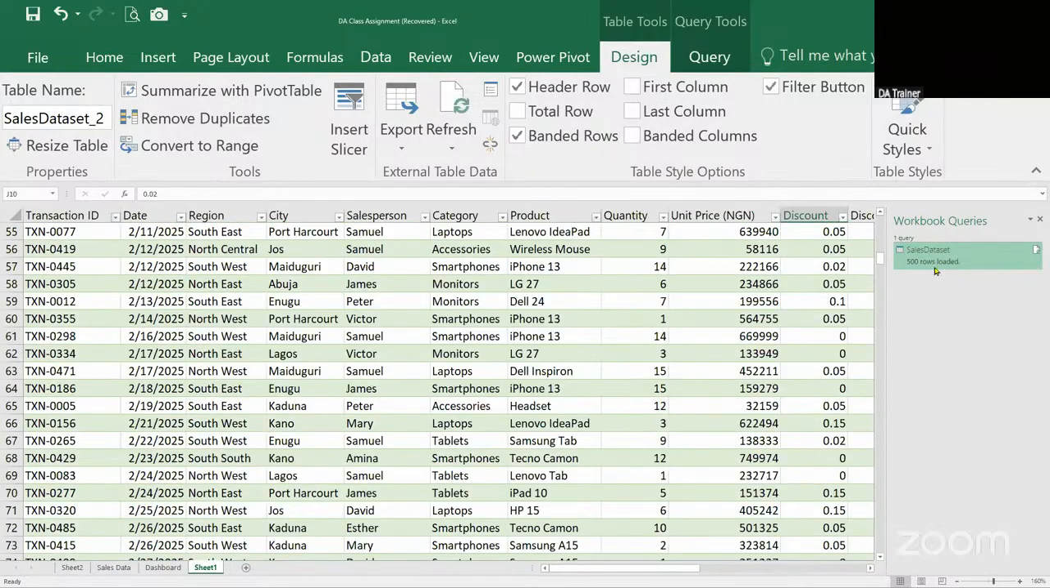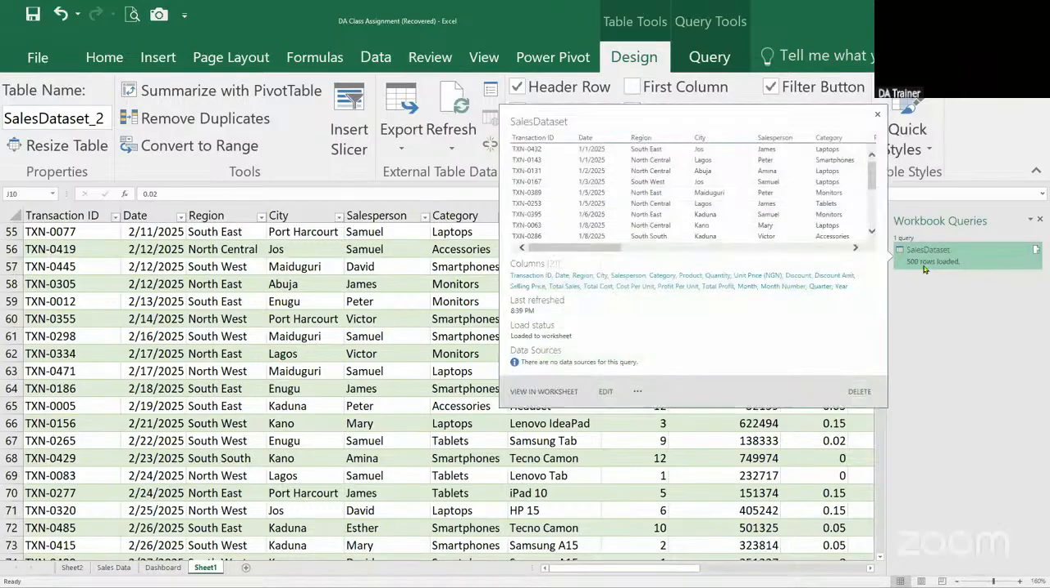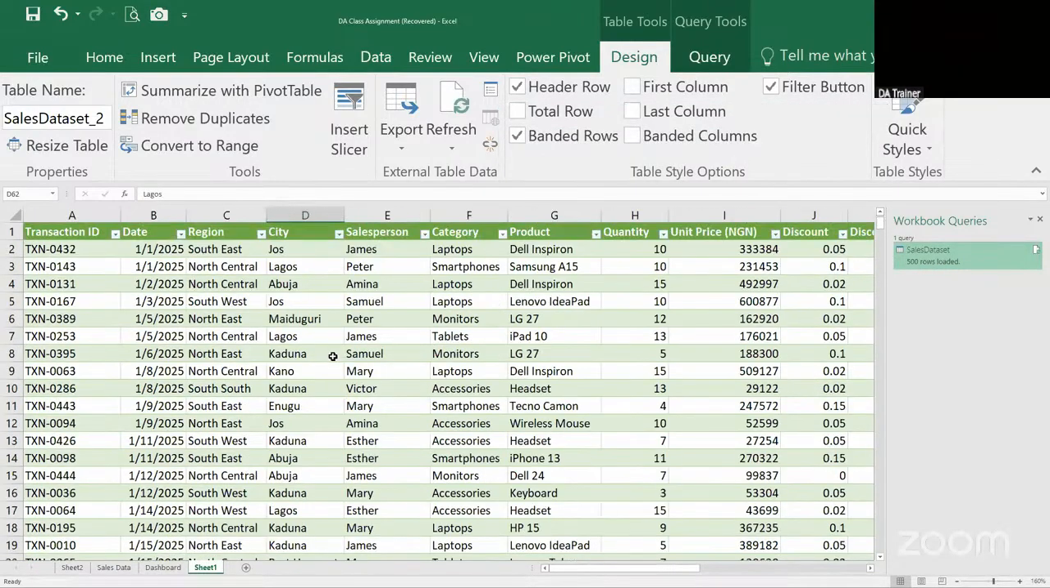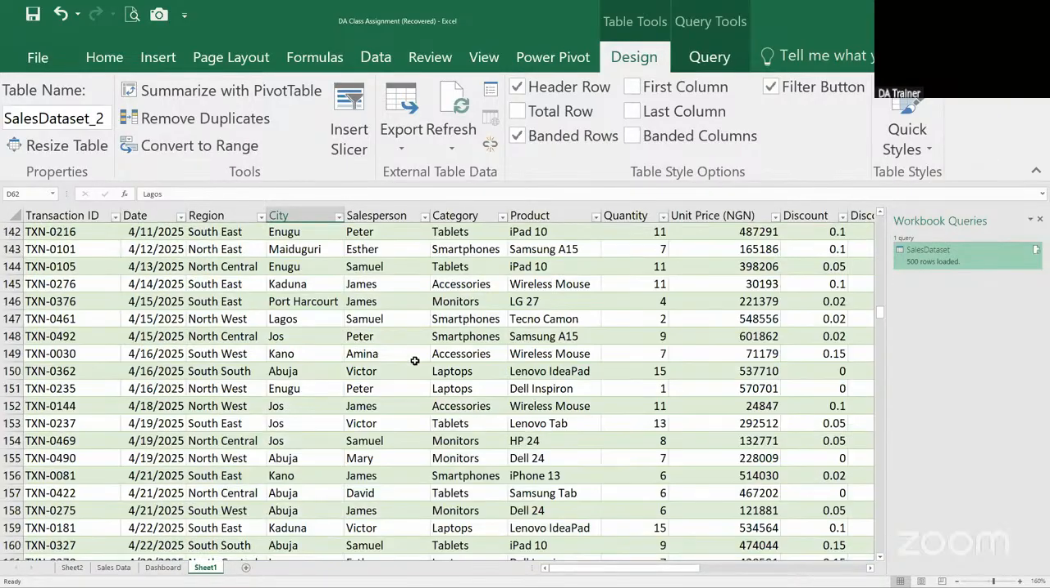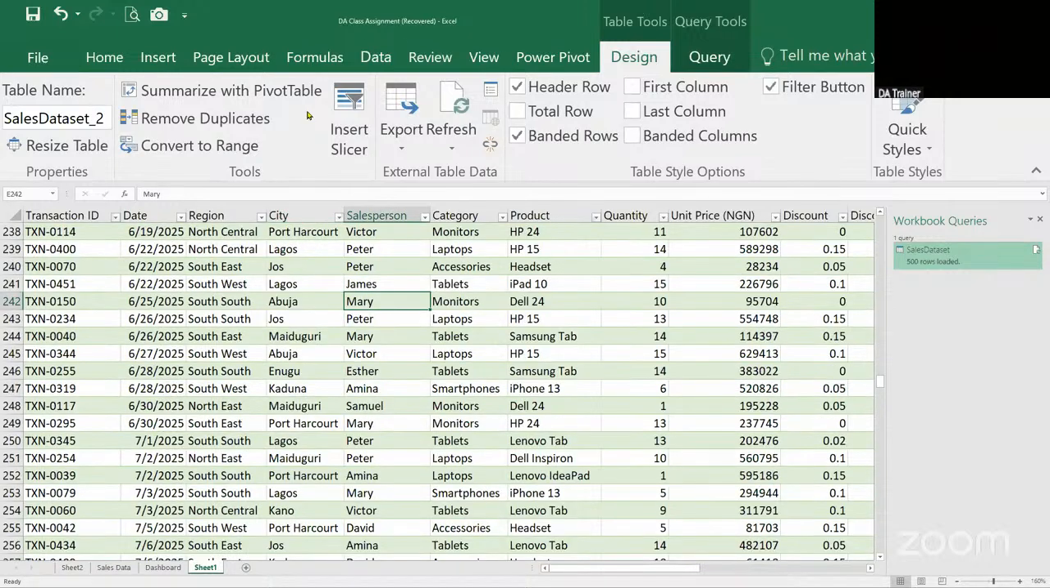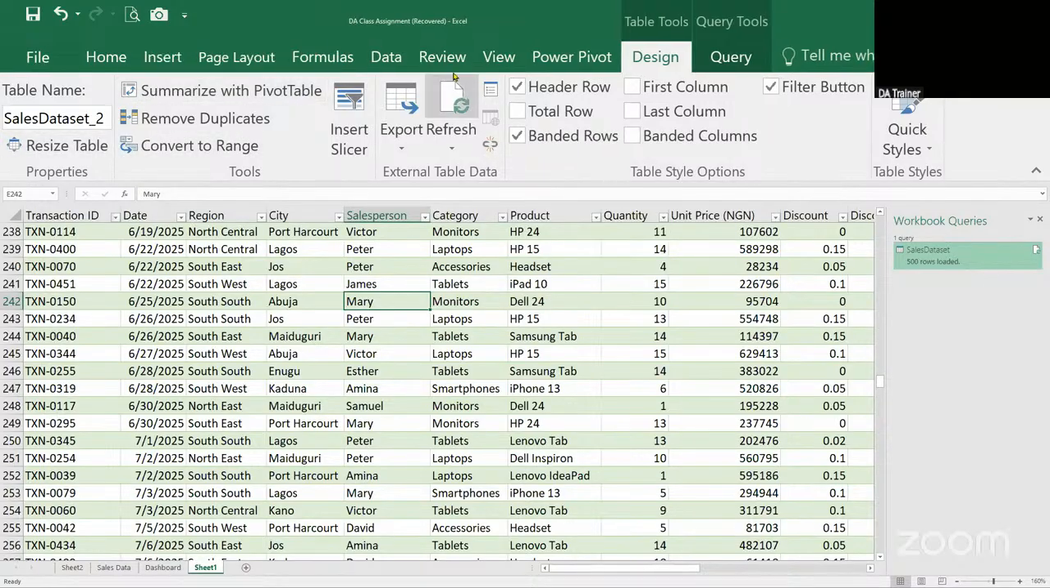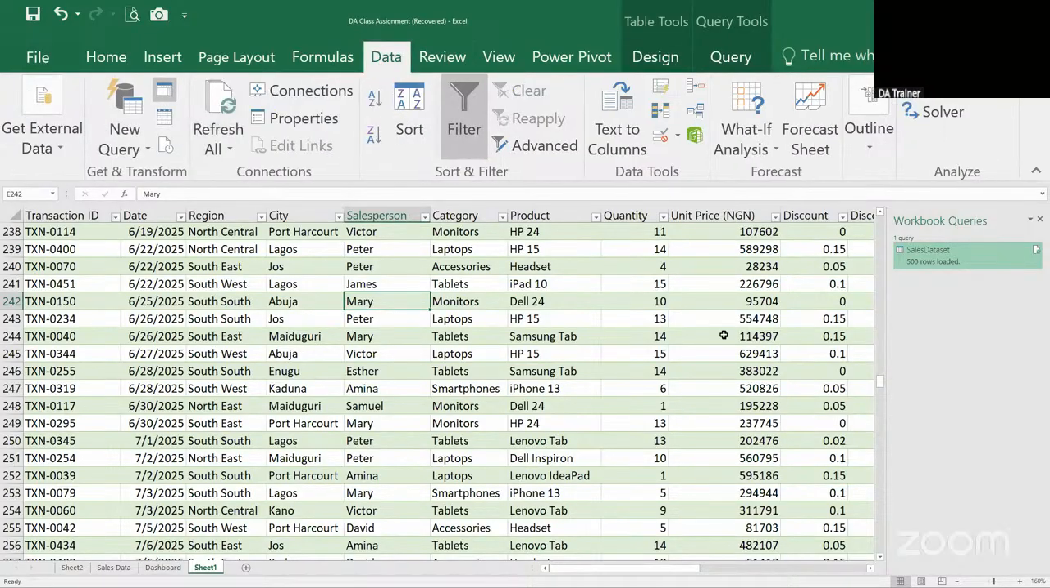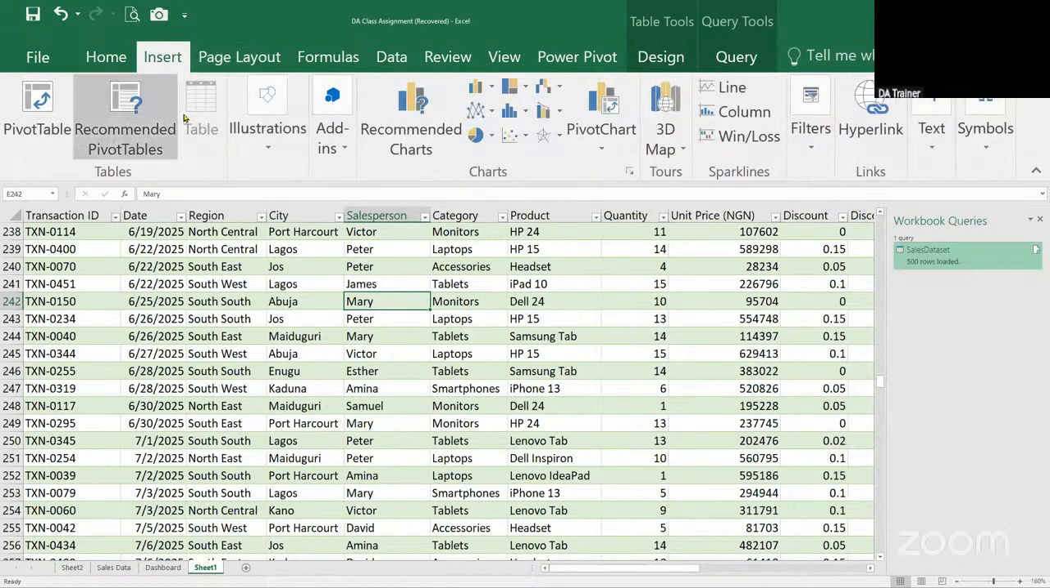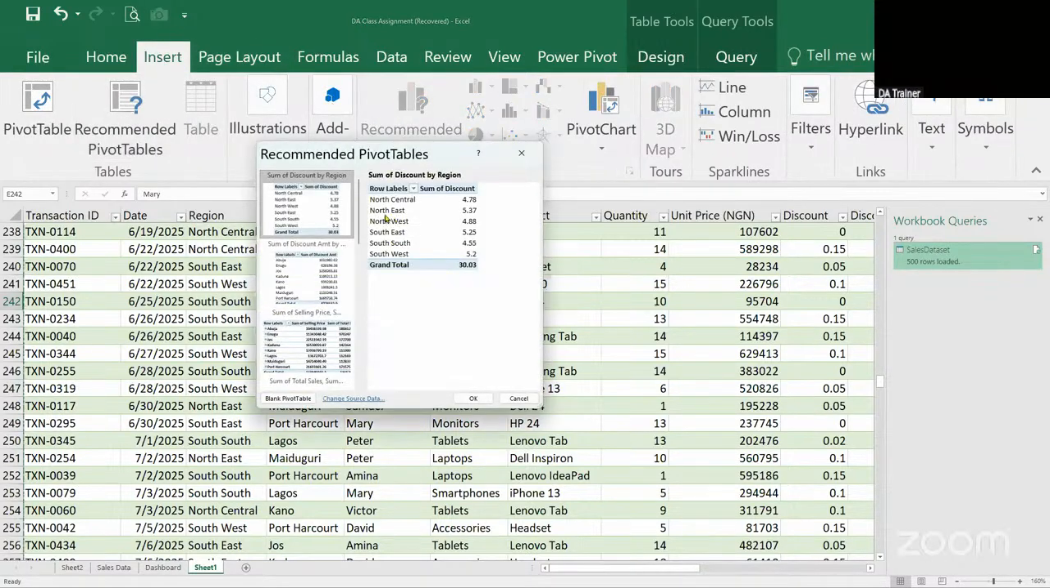So as you can see from here, we have 500 rows loaded. Everything is loaded back to our sheet, and then we can now start doing our pivot table, etc. So let's do just a little pivot table if possible. Let me reduce this font size, it's too big. Insert, sorry. Insert. Let's look at recommended